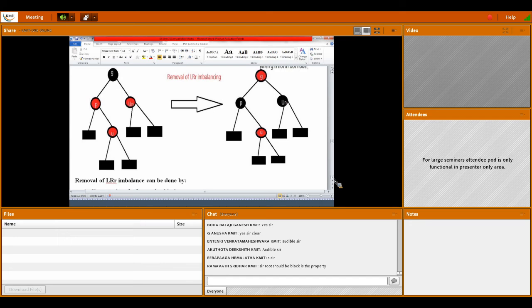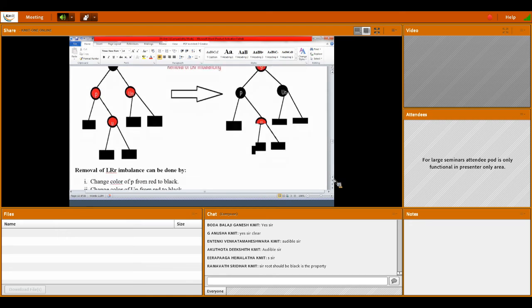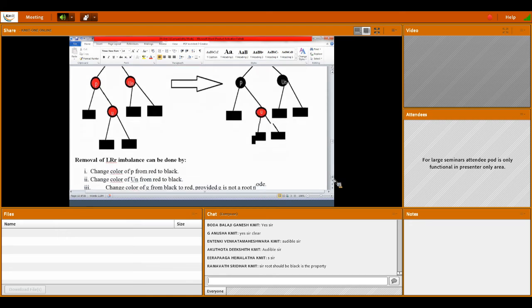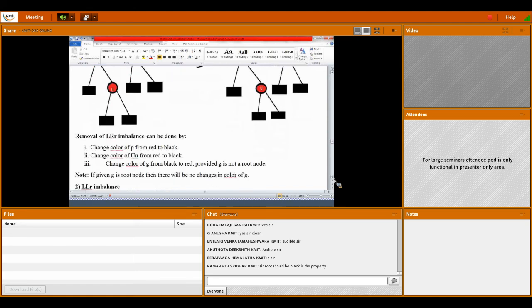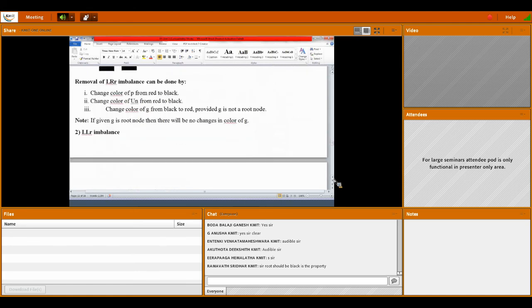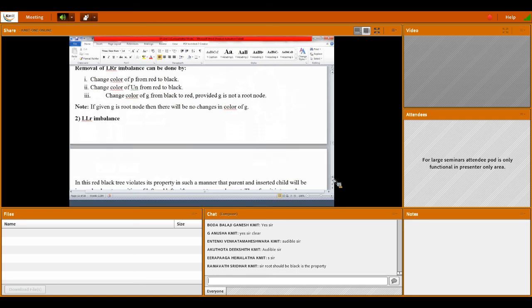So if it is not root, make G a red color. Then if you count and see, it satisfies the red black tree properties and the imbalancing is removed. Imbalancing removed. In the same way, we'll see